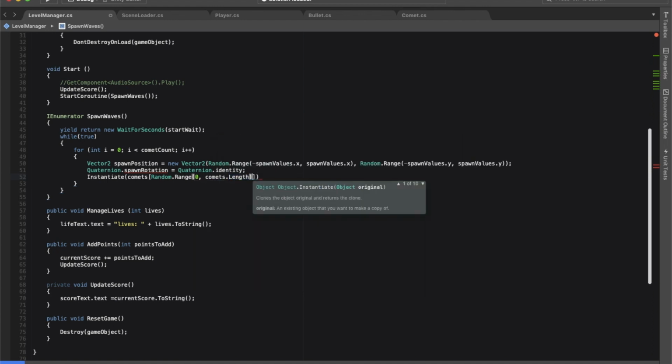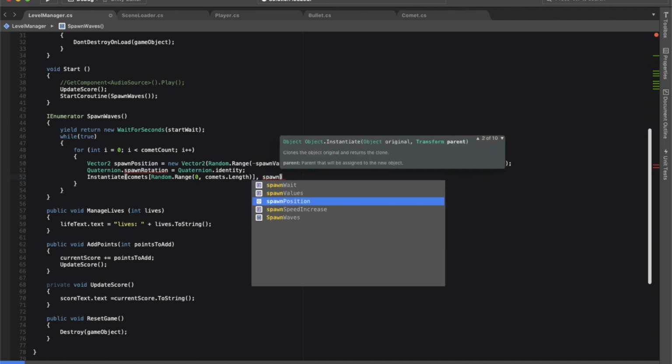Now remember, we could hard code a number in there, but we don't actually need to, because it will just look for the length of it and choose to do it that way. If we put a specific number in there, say we knew we were only ever going to have 2 comets, we could put a 1 in there, but we don't generally want to hard code numbers in like that. We want to say spawnPosition,